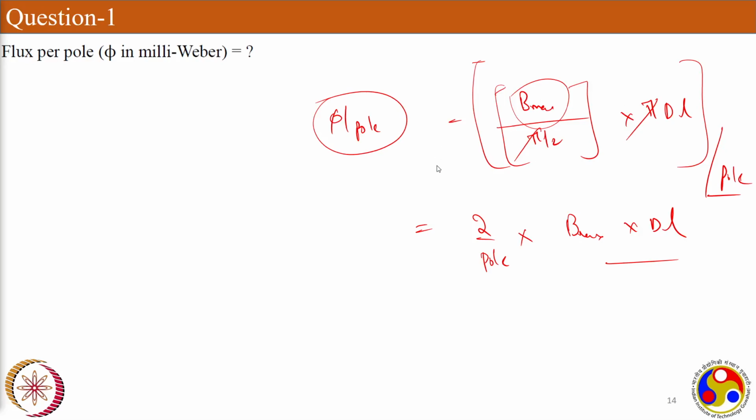B into area. B is maximum which is given. Average will be divided by 2. If you want a clear derivation, you can refer to the class here. It was minus pi by poles to positive pi by poles. The sinusoidal is B cos theta. That derivation would give you the same. Anyway,